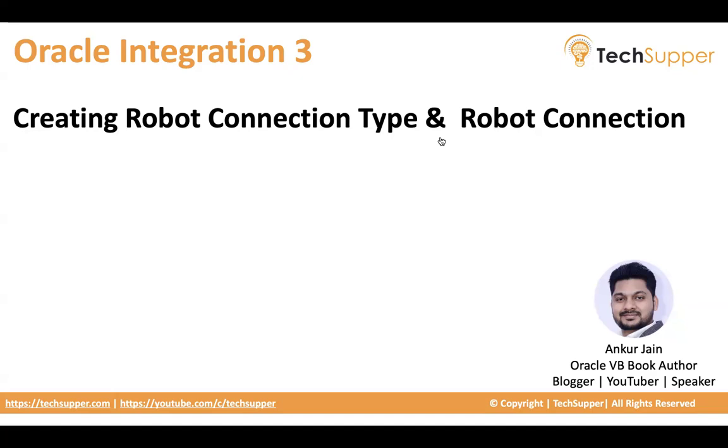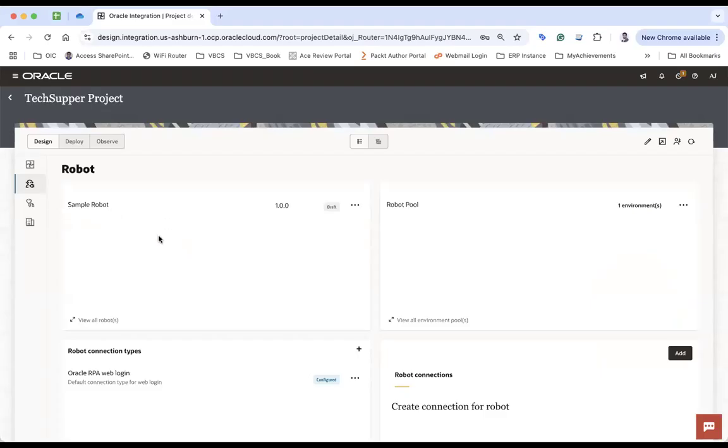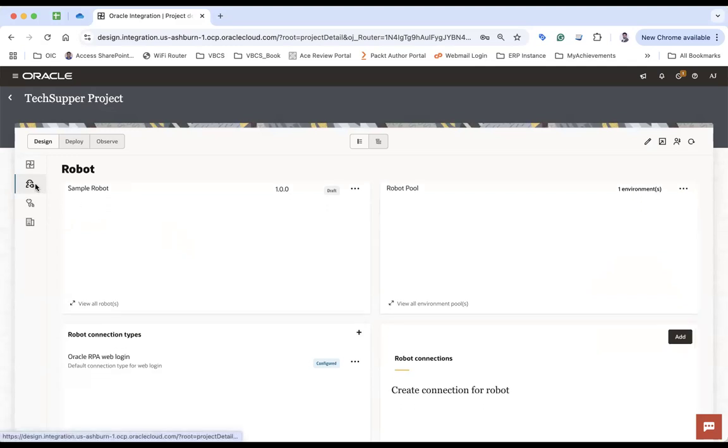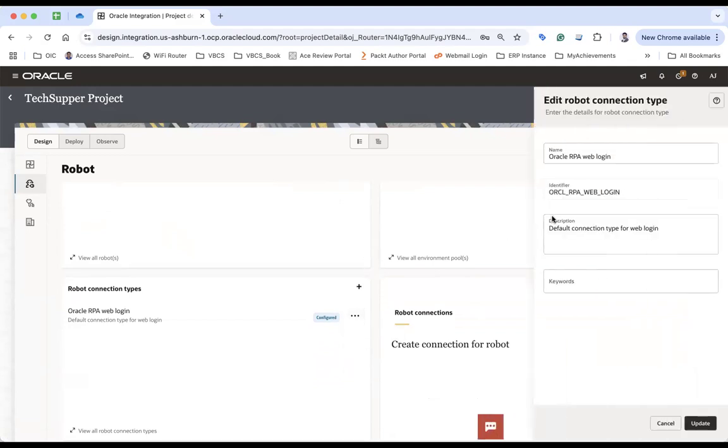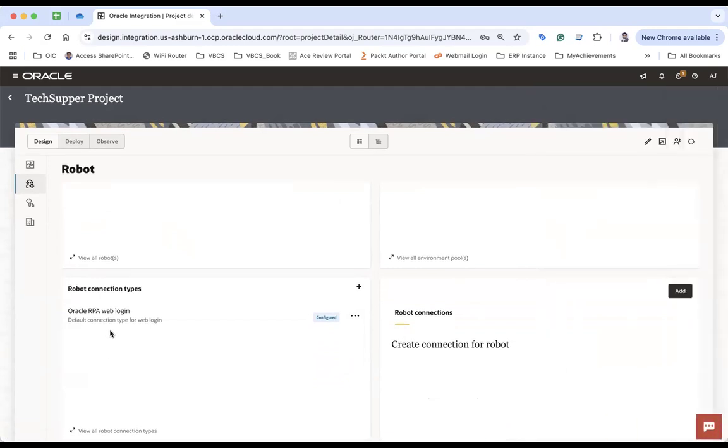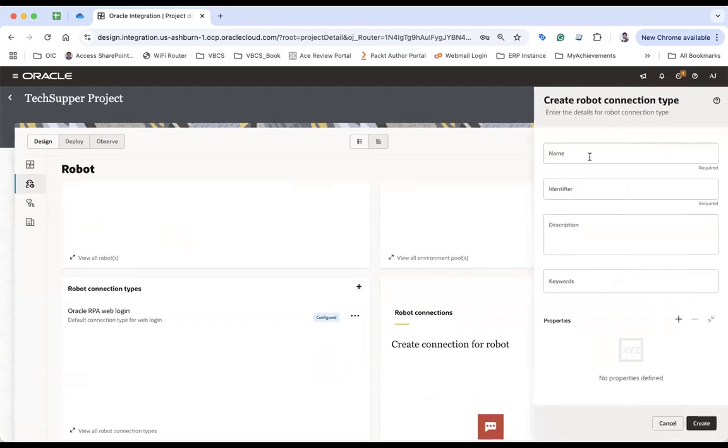So here we have this Robot section, and Robot Connection Types and Robot Connections. These are the two sections which we have to utilize. One, Oracle RPA web login, is the default connection type. If you see, you will find the name of this. So basically this connection type already exists, but in case you want to create your own,